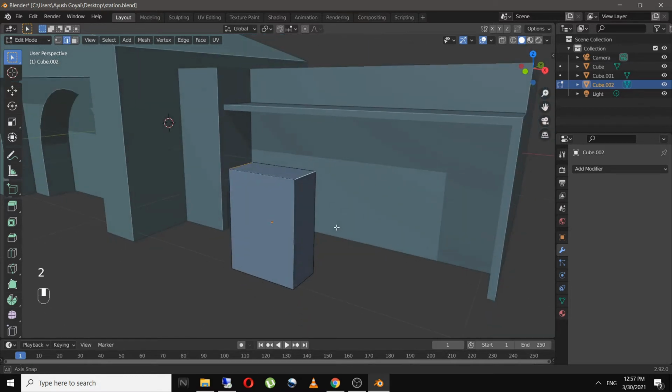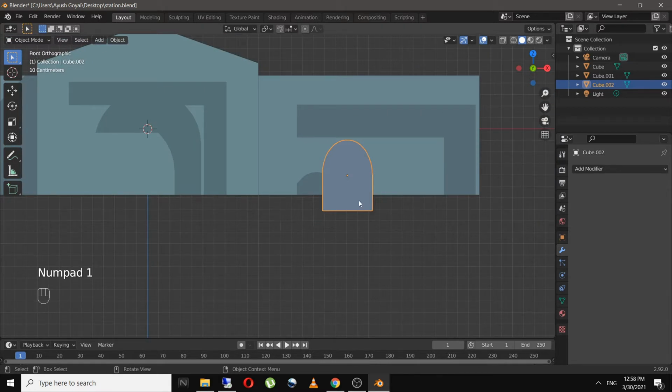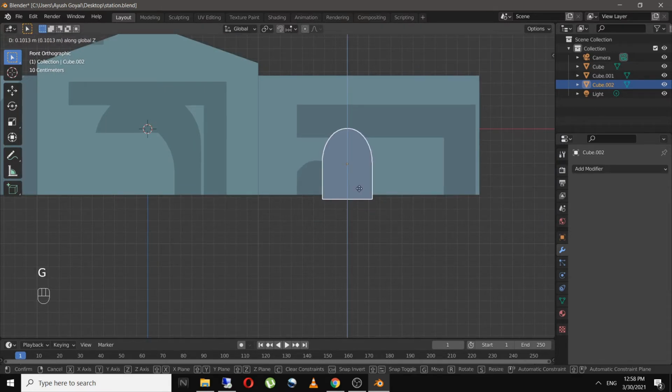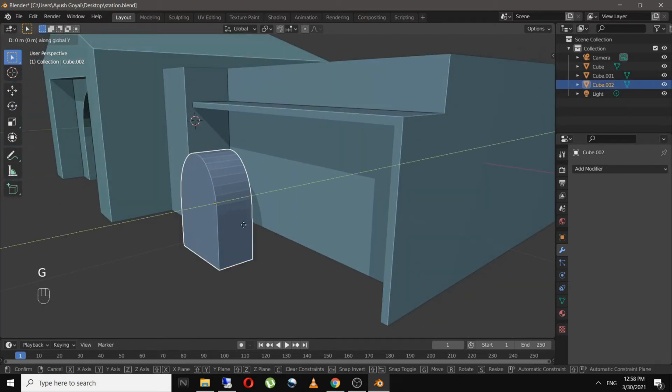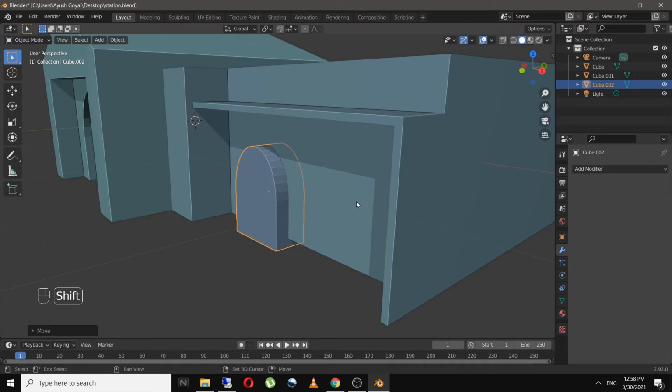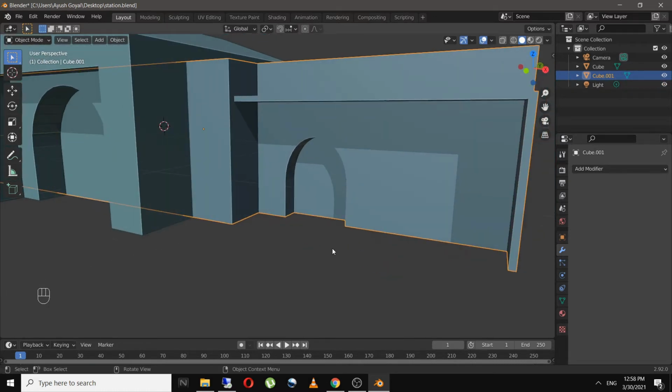I'm going to select these two edges and bevel it by Control B somewhere over here. And then I'll position it like this, and there's a shortcut if you want to bevel. It's Control Shift and minus.